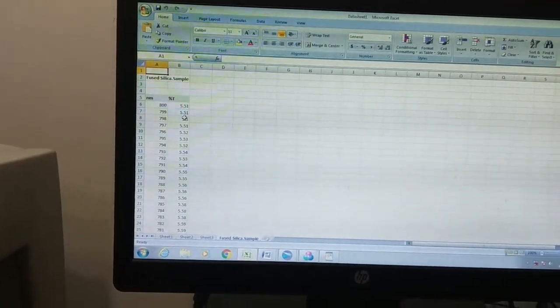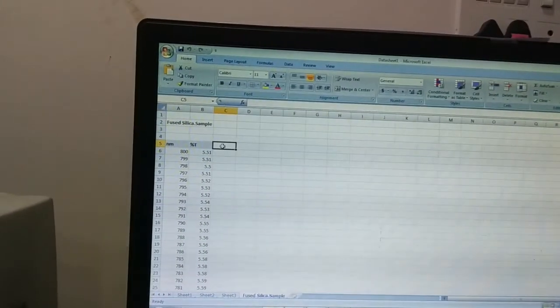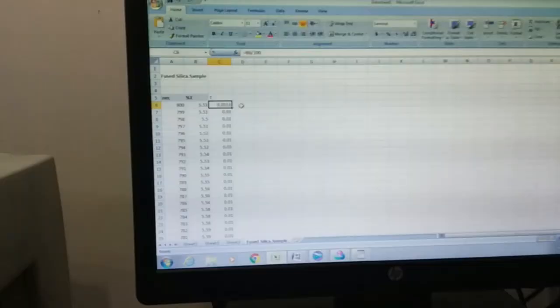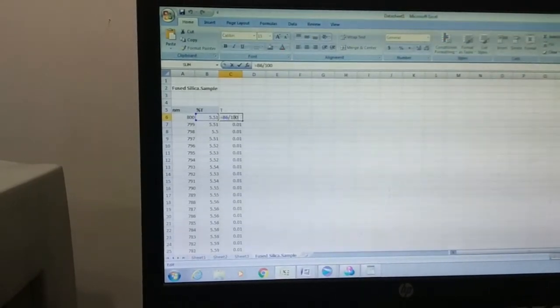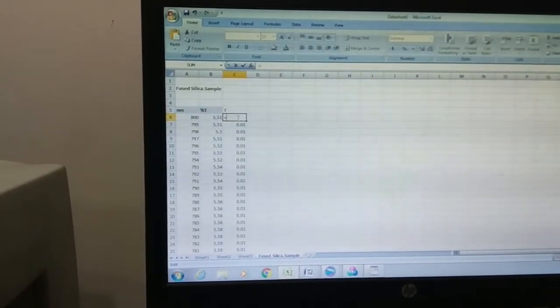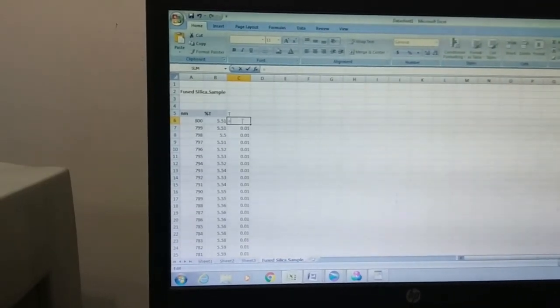Here we get the transmittance data in percentage, which is the percentage of T. From that we require only T. Here we get the percentage of T, and we require T. For getting this T value, we need to put the formula.